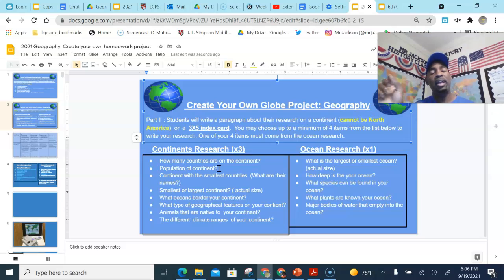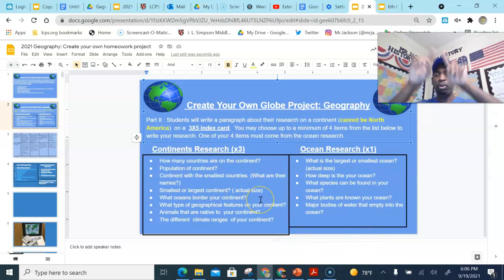Do not write it in bullet form. Write, I chose the continent of Africa, and in Africa they have 54 countries. I think it's 54 countries. And the population of Africa is et cetera, et cetera. Then you tell me